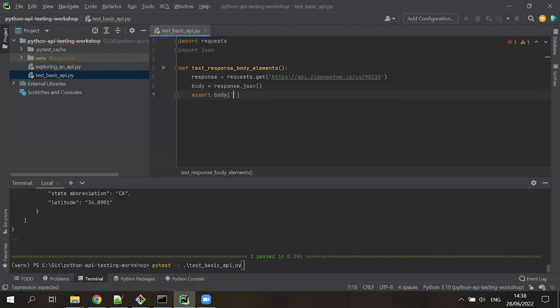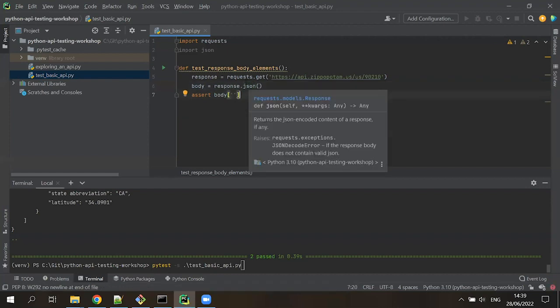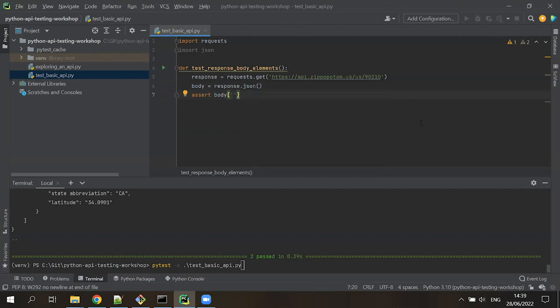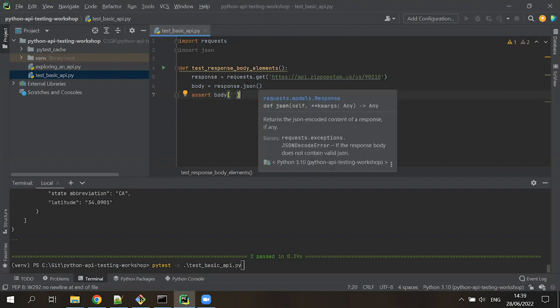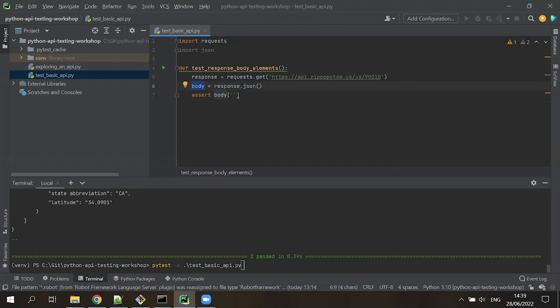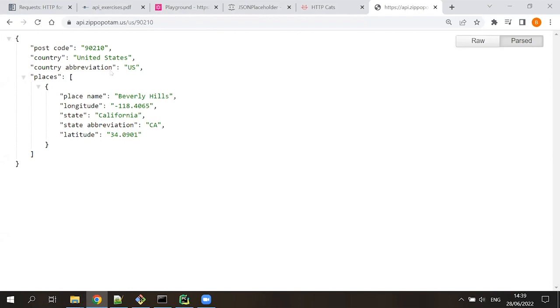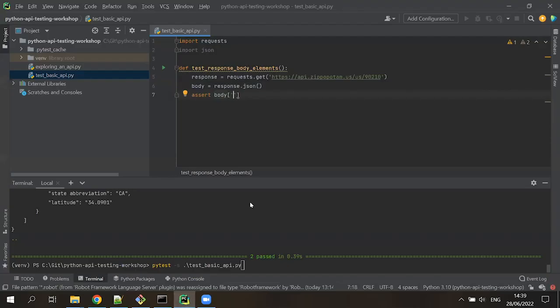Because this is now just another regular dictionary, as you can see, this returns any object, it returns the JSON encoded content of response, if any. Well, in this case there is, and it will create a Python dictionary, and I can then access fields, for example,